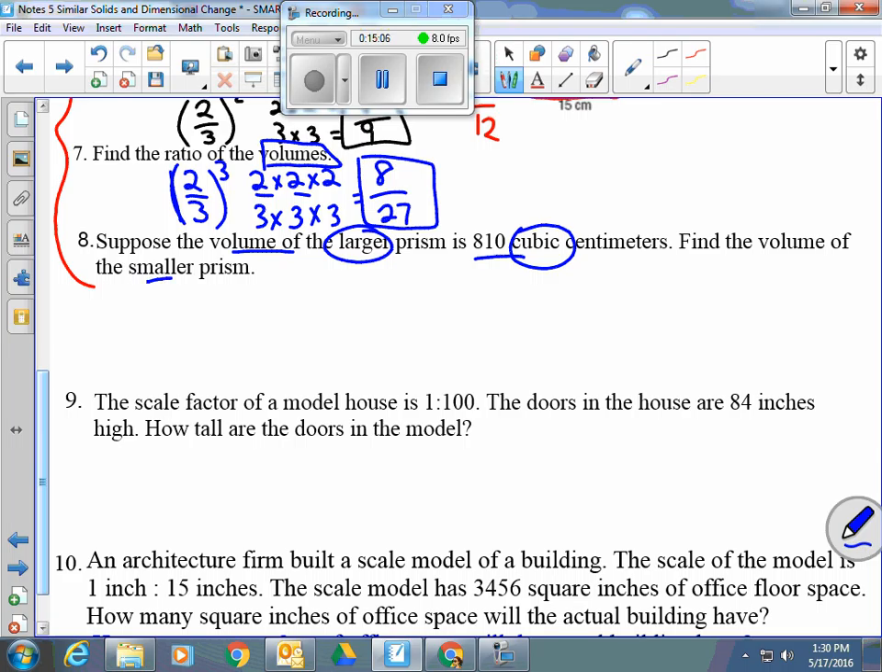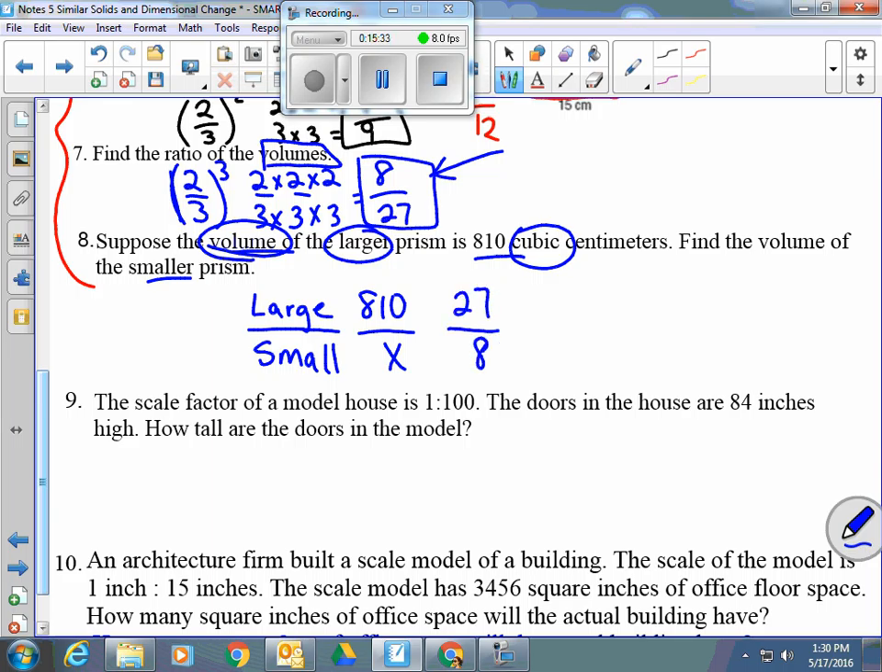Okay? On number 8, it says the volume of the large prism is 810 cubic centimeters, right, volume. Find the volume of the smaller one. So let's just do large over small. The large one is 810. The small one is going to be X. That's what we're looking for. Because we're talking about volume, that means I want to use this ratio right here. Which one's bigger, 8 or 27? 27. So that means that 27 has to go on top, and 8 has to go on the bottom,